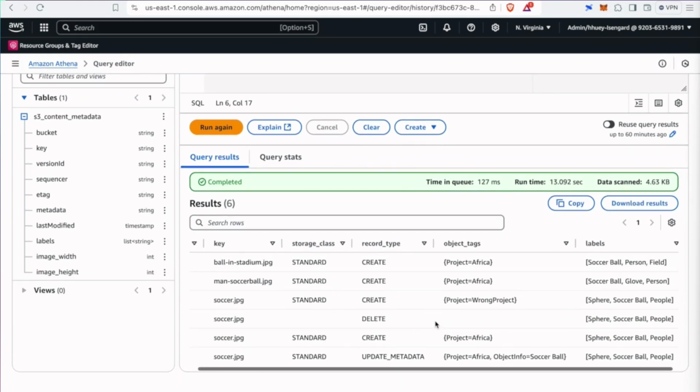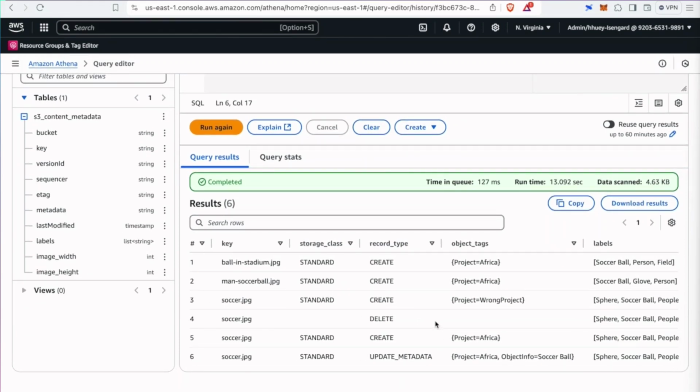So here I see a list of events that happen to images that contain soccer ball. So some creations, different images, and some deletions, and some updating metadata. But these are just a very simple example to show you guys how you can use this reference implementations. But once again, code will be available for you guys to modify, and you can modify it to your specific business use case.